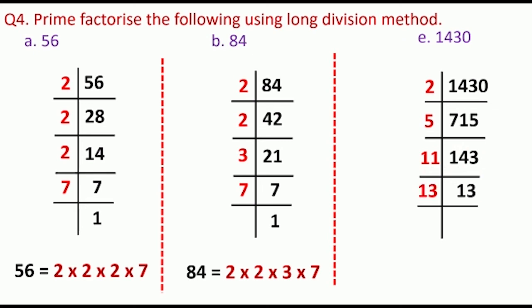Then 13 is a prime number. It can be divided by only 13. So 13, 13. Okay. So the prime factorization of 1430